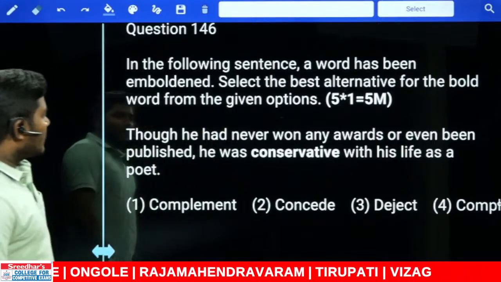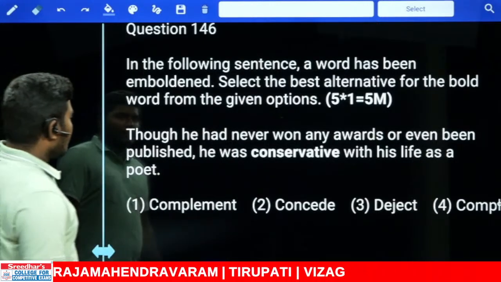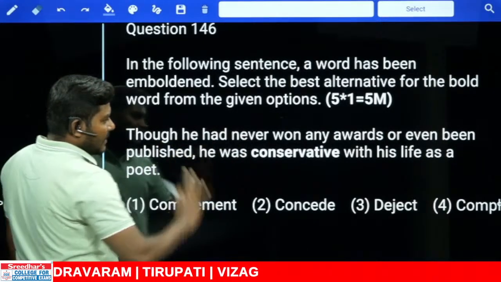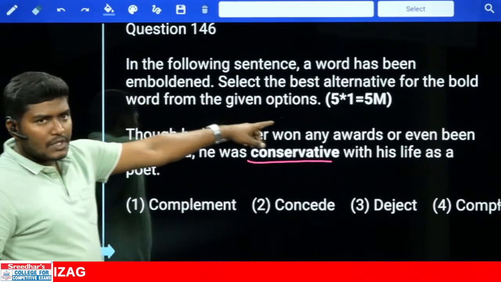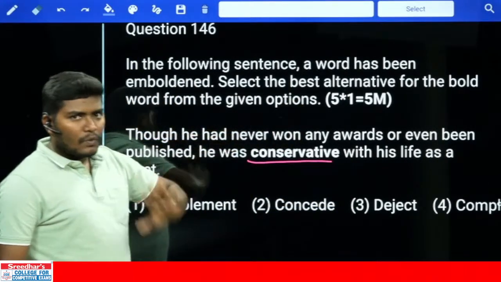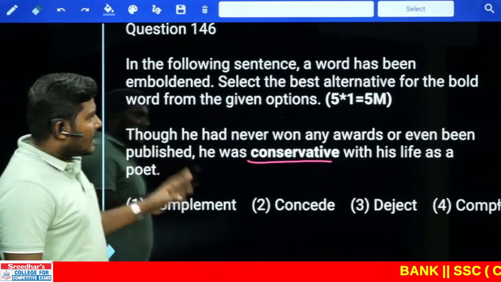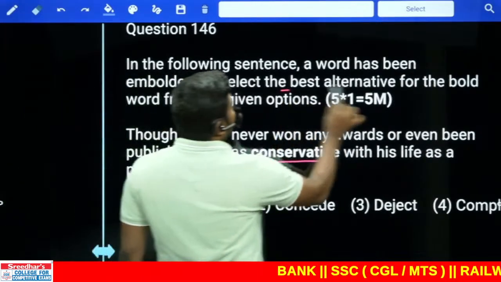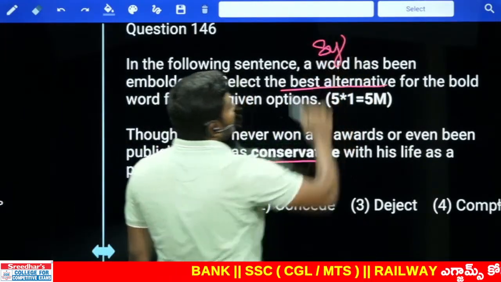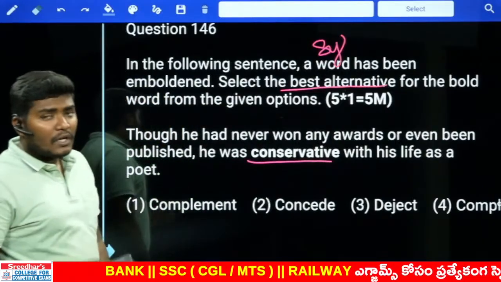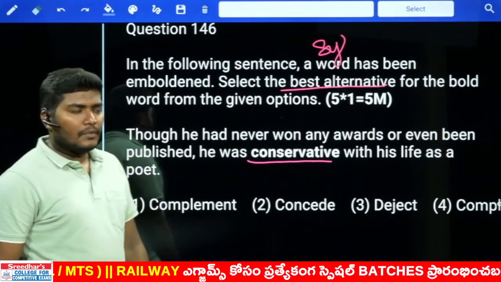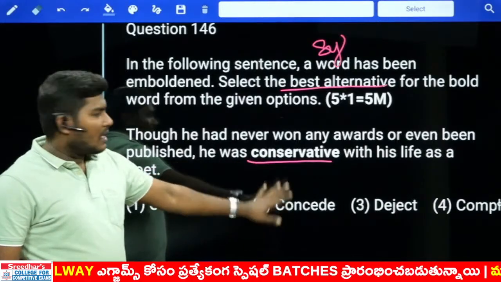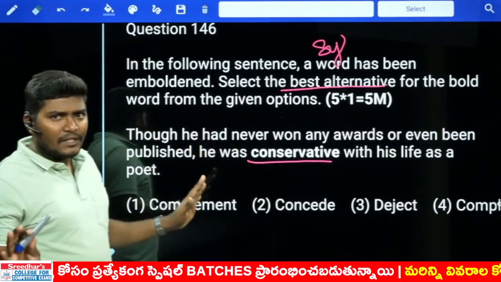Now this is a new section here, different section. Look at the case. There is a statement given and there is a word highlighted. There are five questions like this. Okay, in each question one word is highlighted and we need to pick the best alternative. Best alternative in the sense always synonym. Best alternative is always synonym. 5 out of 5 we need synonymous words only. Okay, so what is the synonym of the word? Conservative. That's it. That is how we need to answer.